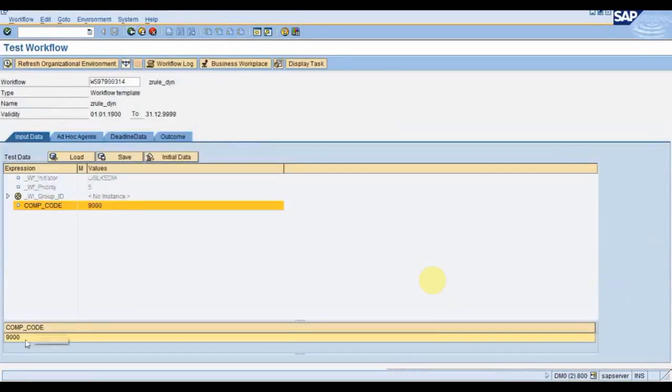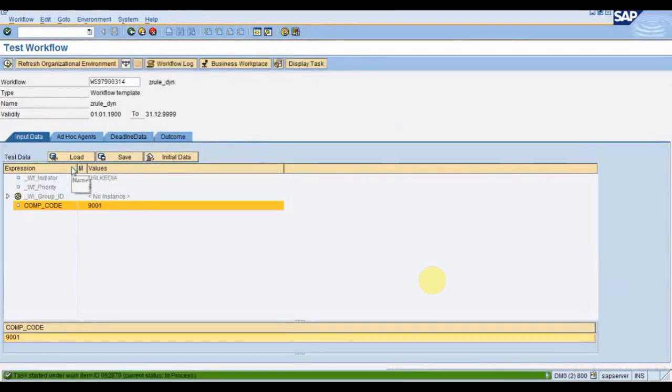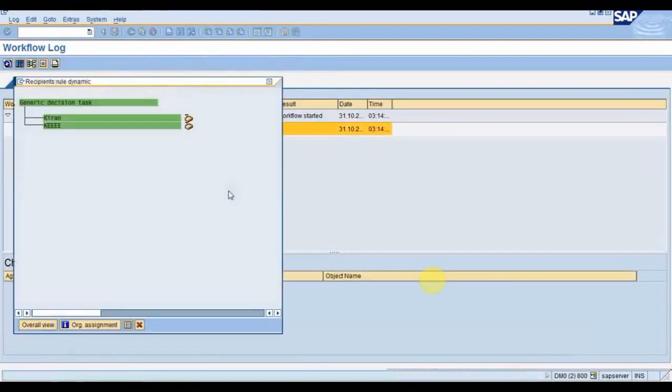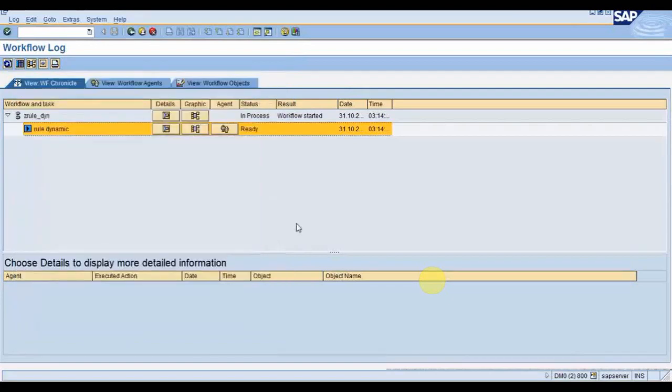Now going to 9001. Now go to workflow log. In agents, you can see two users, that is Kumar K and Priyanka. So find 9001, since we have maintained the table. So this is the way of dynamically fetching. It means whoever leaves the company or whoever comes in the company, you can just maintain the table. So you don't have to change the workflow, at least. Only you have to do the table maintenance, and that is very easier compared to changing this workflows.